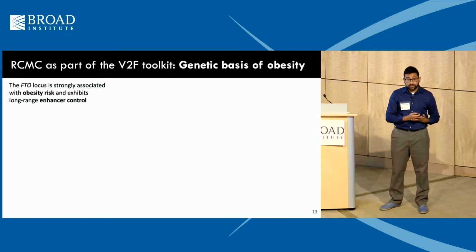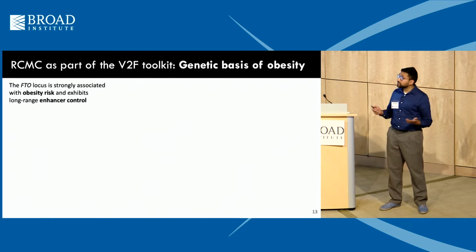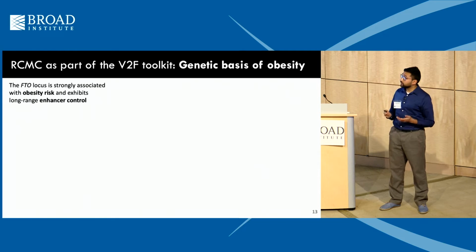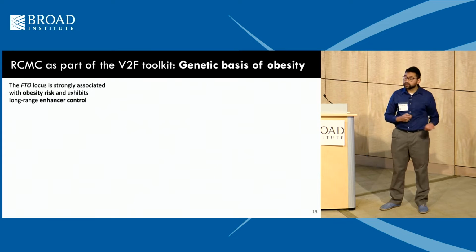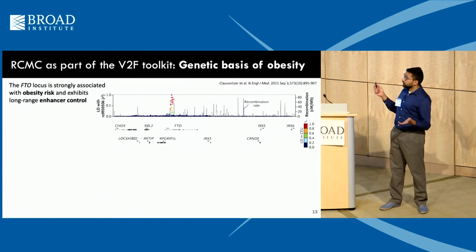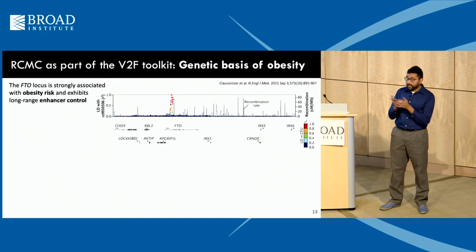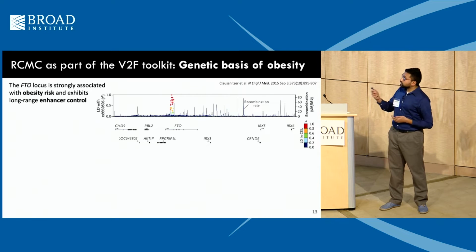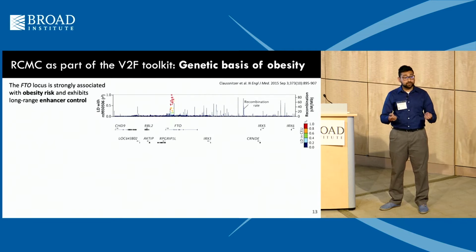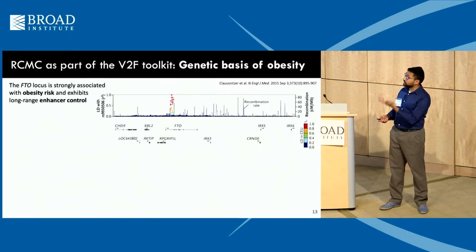You may be familiar with the FTO locus, which is a heavily studied and well-characterized locus that is strongly associated with obesity risk and is known to have long-range enhancer control. If I show you here the locus and an LD plot, specifically showing you some variants of interest within the FTO intron, you may naively assume that if there is some phenotypic consequence associated with these introns, it would likely impact the genes that are in linear space closest to the FTO gene,